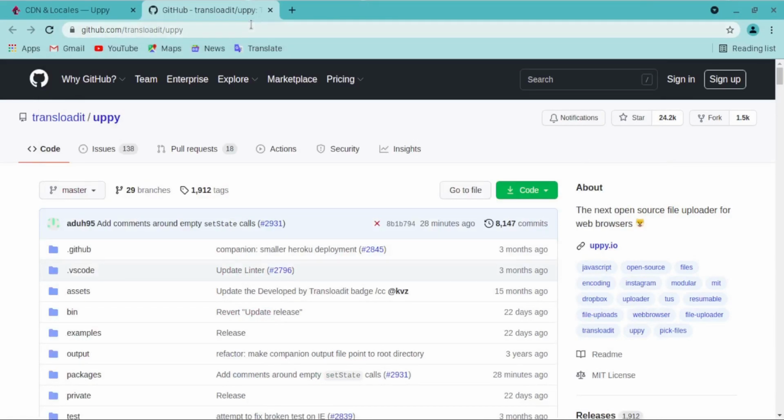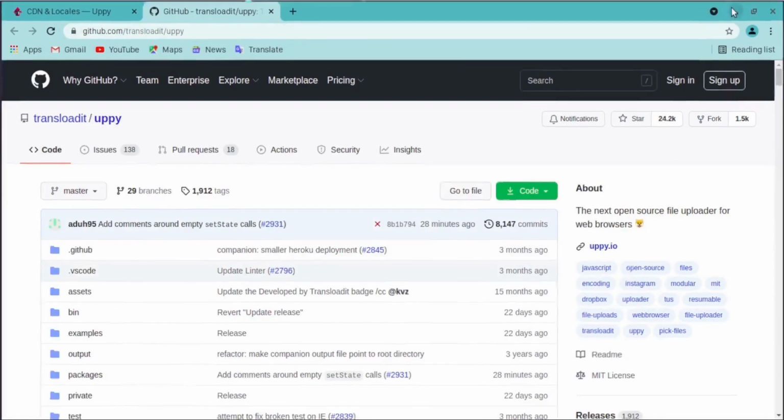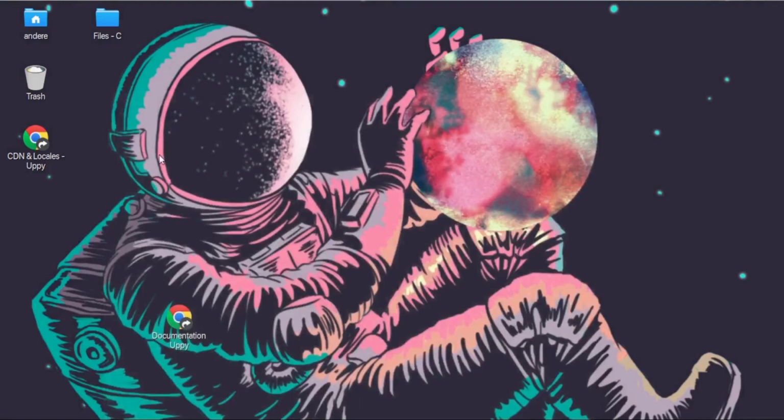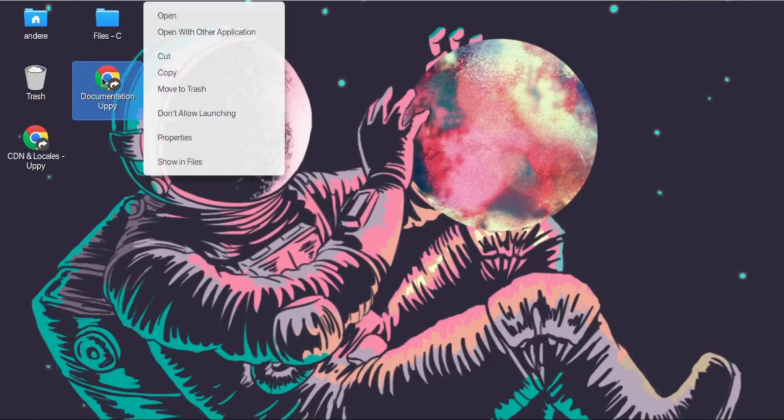So once we create our shortcut, we can go to our desktop. We can minimize everything. Let's even close this window that opened by default. And we can go to our desktop and realize that a new file has been added with a shortcut icon on it. Remember, if this file is not showing like this, it's showing with some random characters, all you have to do is right click on it and then click allow launching.